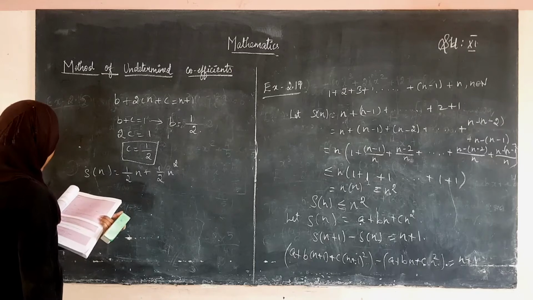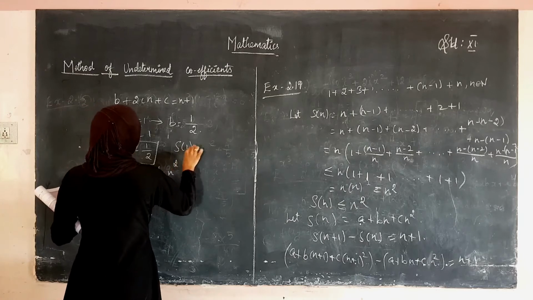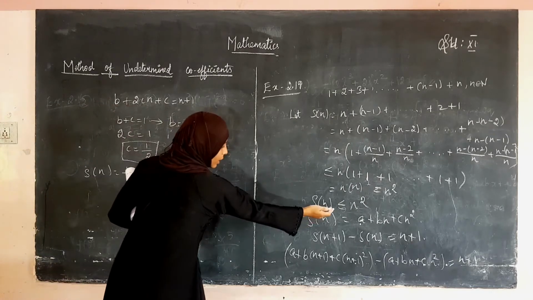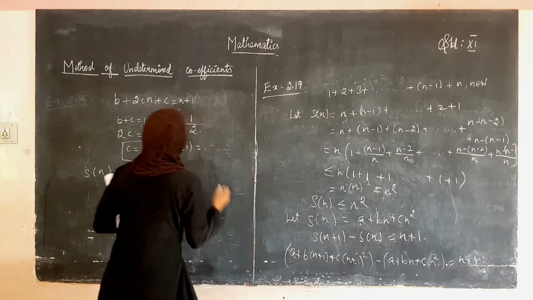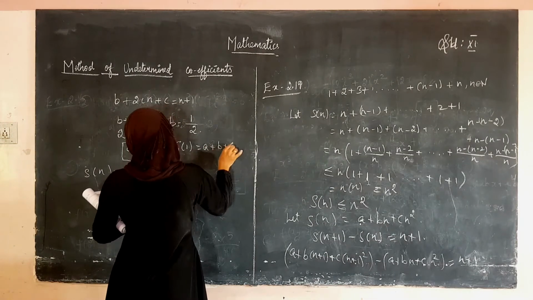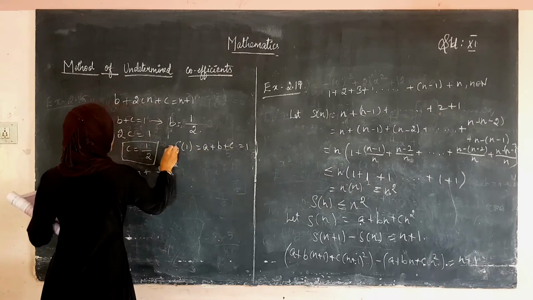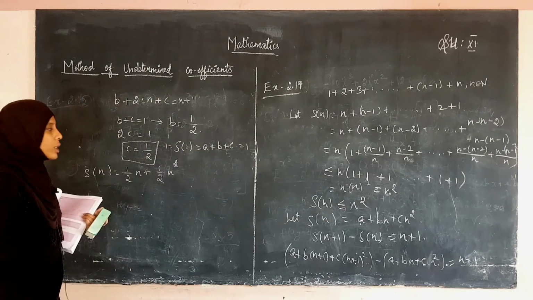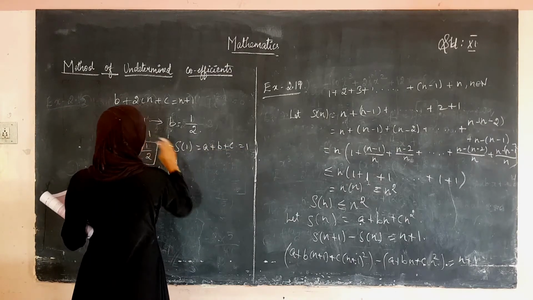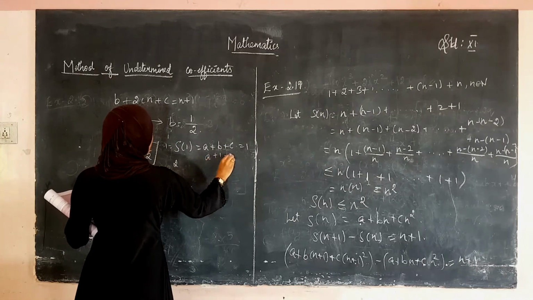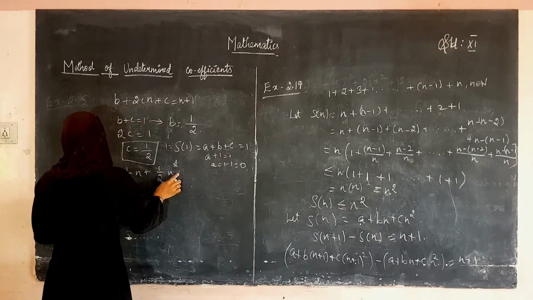We want a. So, now let us substitute S of 1. If we substitute S of 1, what happens? This is 1 and this is 1, so we get a plus b plus c. Okay, a plus b plus c is equal to 1. We are considering S of 1 as 1. Then if we substitute, we get a plus b plus c is equal to 1. What happens? b plus c is 1. Therefore, a plus 1 is equal to 1. a is equal to 1 minus 1 is equal to 0. The value of a is 0. So, therefore here it becomes 0.